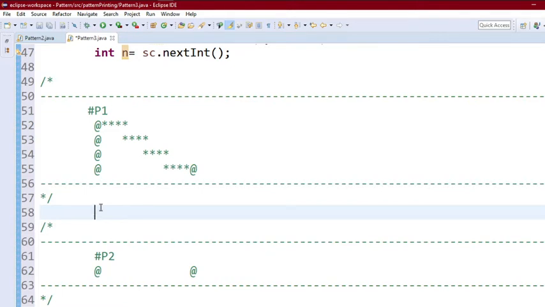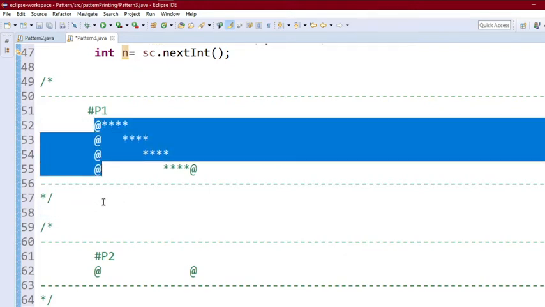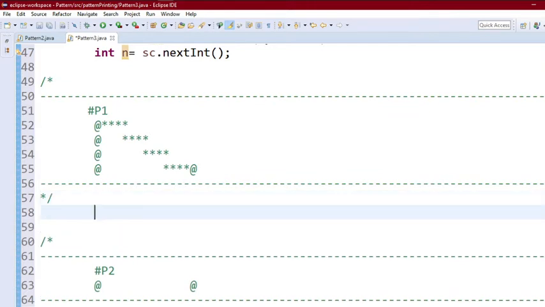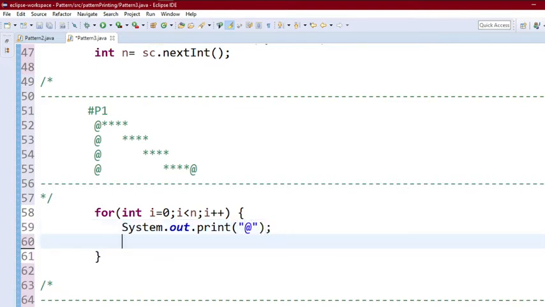We are going to print this for how many times? For n equal to 4 we have to print it for 4 rows, so we can print it up to n. So we will write for int i equals 0, i less than n, i plus plus. At the starting of every row we have to print the @ sign. So first print @, and remove ln so that we will not get a new line every time we print the @ sign.